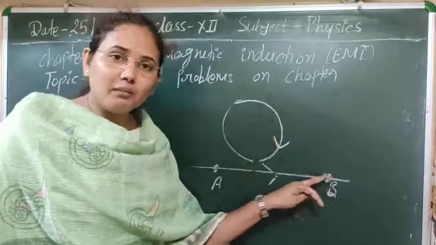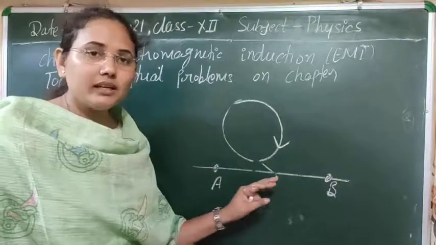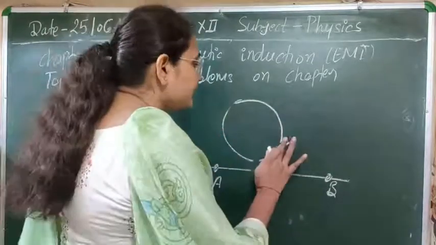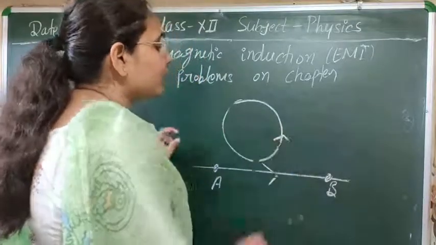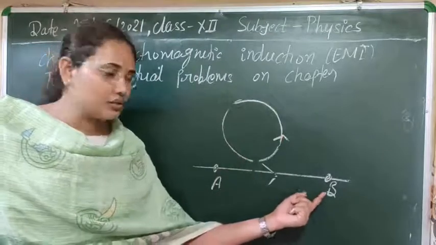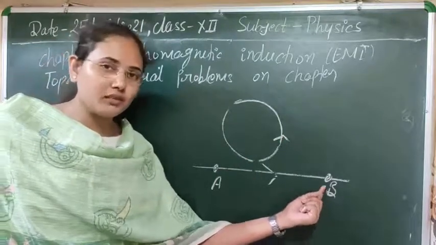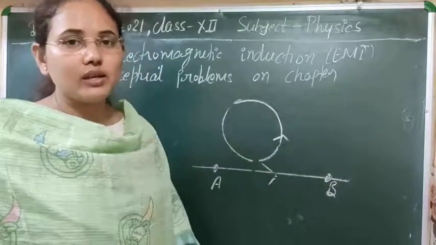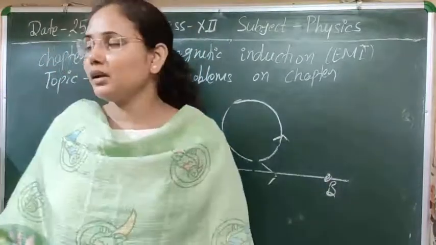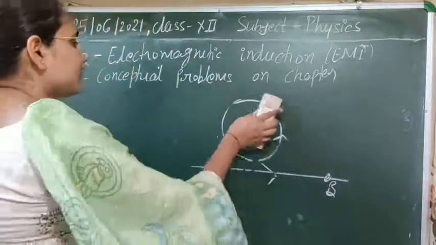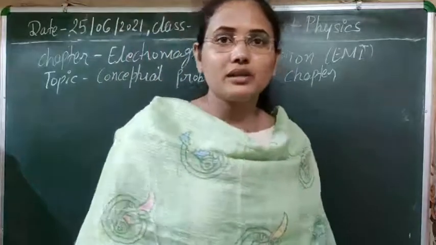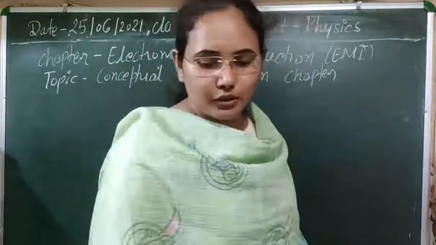But whenever the flux increases, obviously the induced current will oppose the increase in the flux and try to decrease it. To decrease it, the induced current in this coil will start to move in the anti-clockwise direction, so that it can reduce the impact of the flux changing from B to A. So clearly, in this way you can predict the direction of induced current using such kind of coil theory. Clear? Simply, you have to utilize Lenz's law for direction. I think now there is no confusion in understanding in which direction the current is produced here.